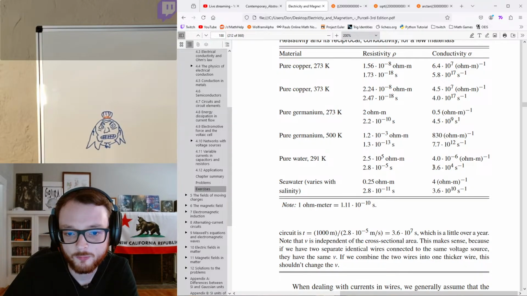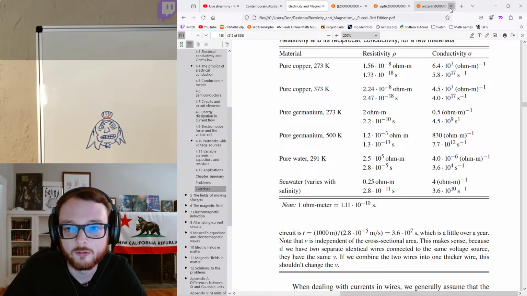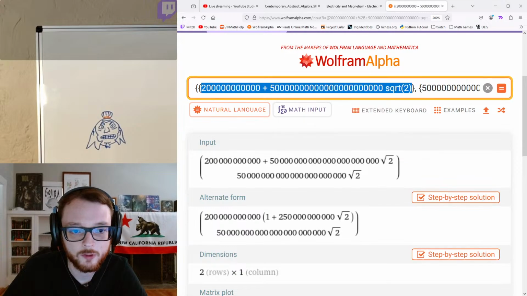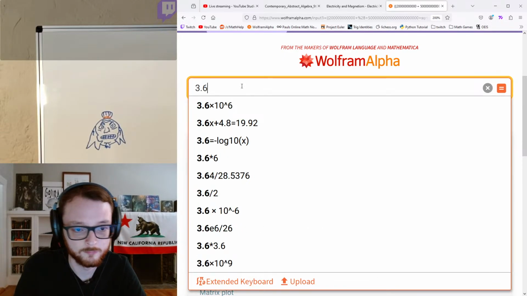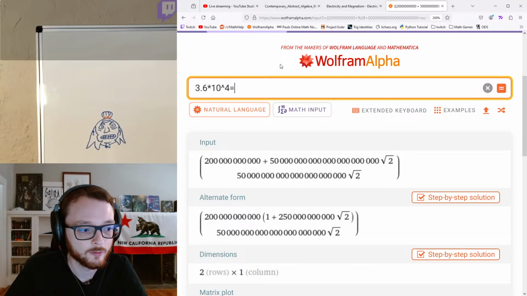I'm going to assume... I thought inverse ohm meters were the exact same thing as the second, but not that there was a ratio. I guess I don't remember this chapter that well, apparently. Either way, I'm going to assume we want the inverse second. 3.6 times 10 to the 4 is equal to